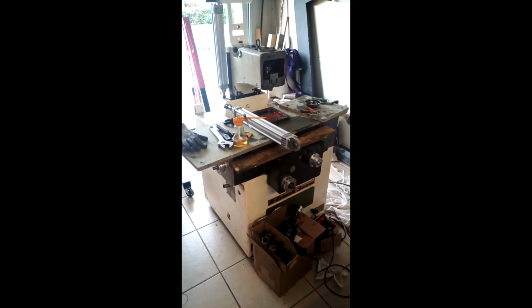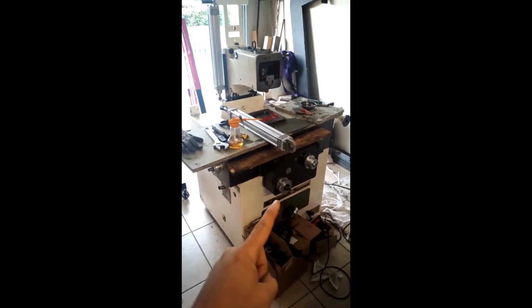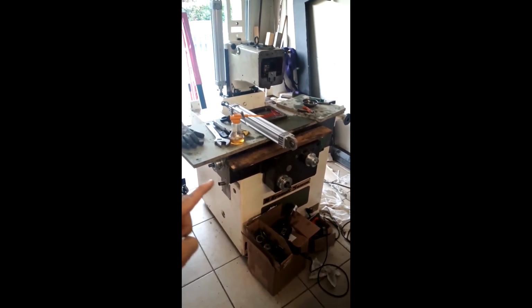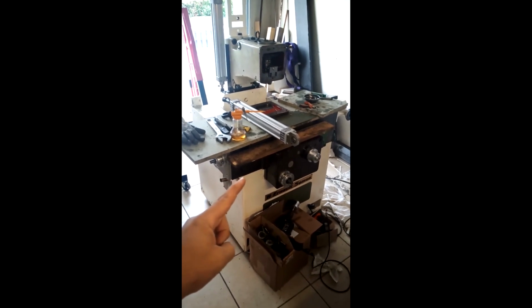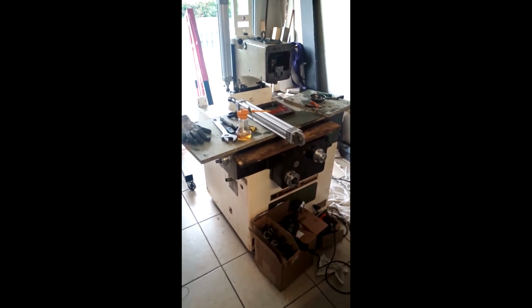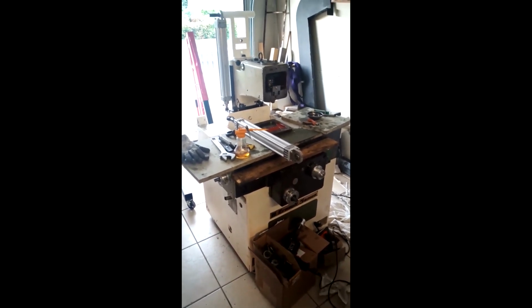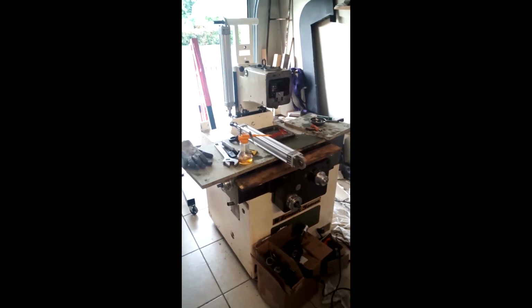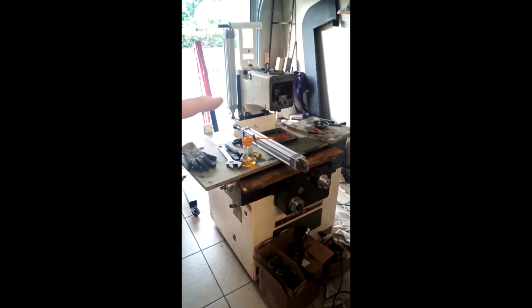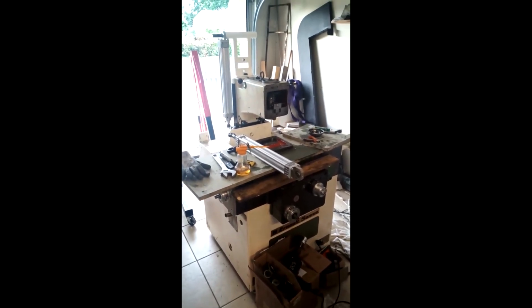And the gentleman from whom I bought it had already begun converting it to CNC, which made it very interesting for me. So you can see here there's already the motor support for Y, here for X, and it already had a roller screw in X, in Y also, but it got replaced by a ball screw, and it's got already a ball screw in Z also. And I got it with the proper DMM 750 watt servos. You can also see here those are a pair of pneumatic jacks to relieve the weight of the head and the column,